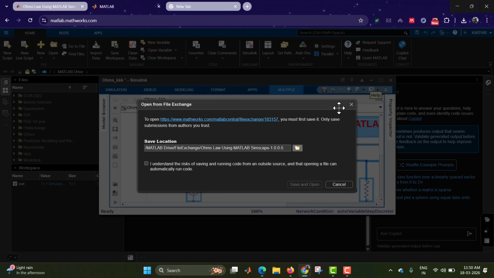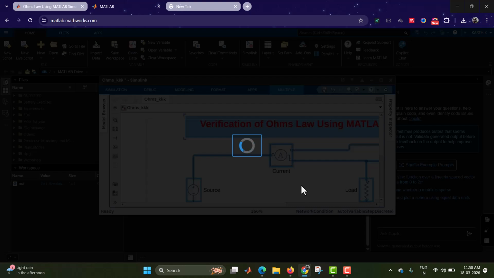It will show you where you have to store. You can select the save location and choose. You can check this: I understand the risk of saving. The same you have to check, and save and open. If you click on save and open,